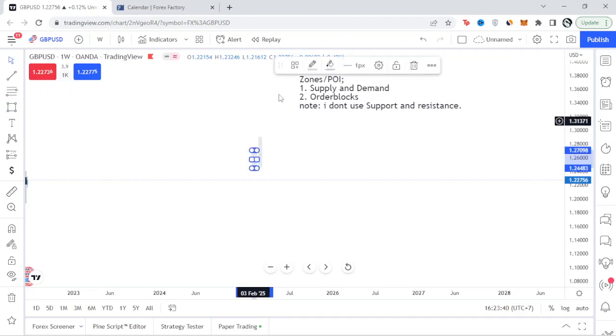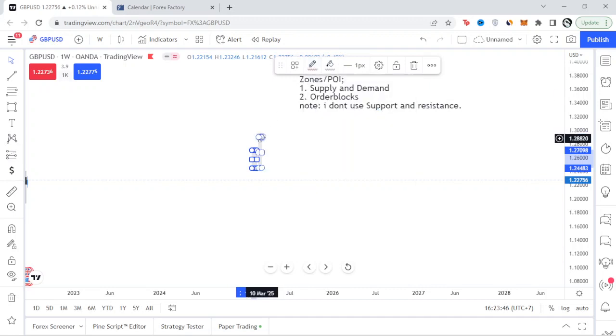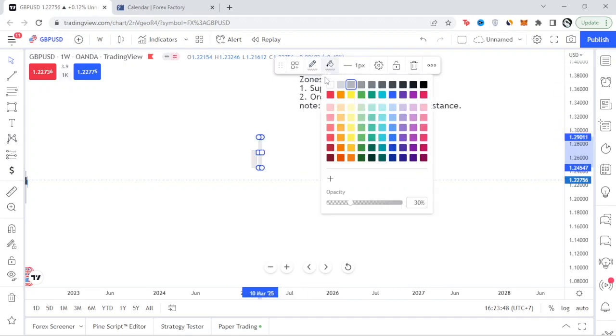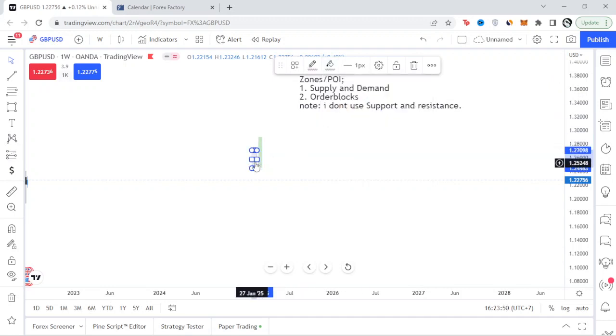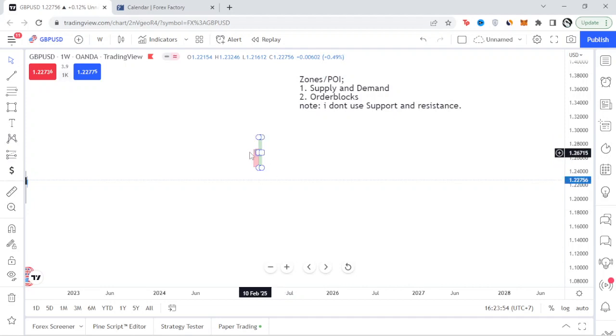So we're just going to call this a red bar. We're going to print this a green. We're going to print this one red. So this red bar here actually just indicates